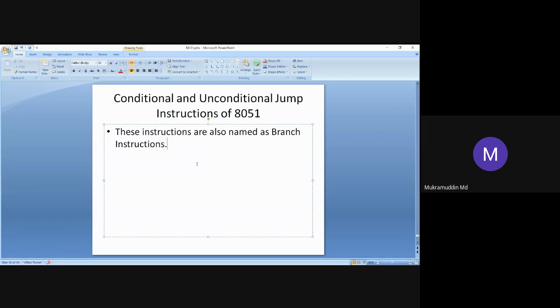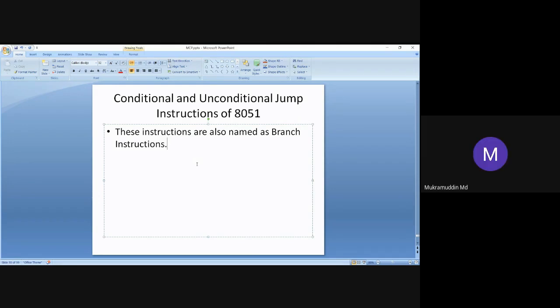Normally, when the processor is executing the third instruction, after it, it should execute the fourth instruction. But if a jump instruction comes after the third instruction, the processor has to jump to some seventh, eighth or ninth instruction. After jumping there, it executes that instruction, and after executing it, it should come back to its normal sequence of execution. It is called a jump instruction. Is it okay?